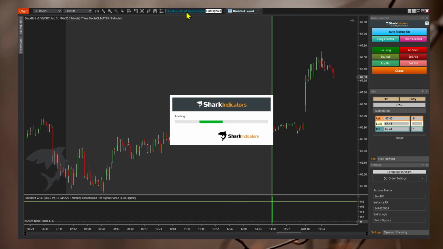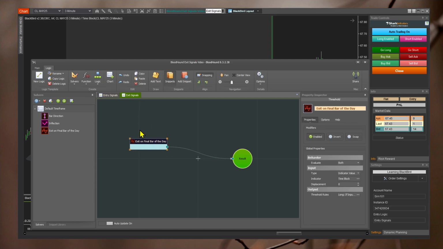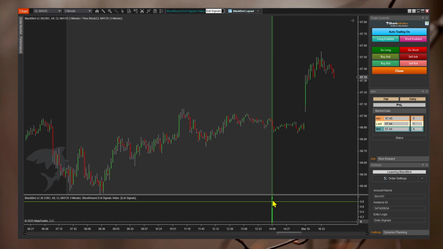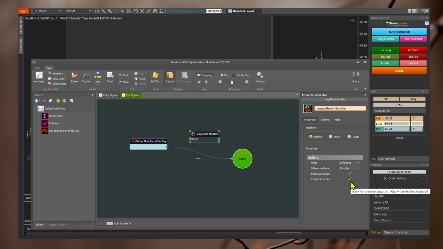So we can go modify our exit signal rule and say, you know what? I need to produce both long and short on the same bar at the same time. So that way it doesn't care the direction, it's just going to get out. So to do that, universally, we can add a long short modifier. And we've got to set the mode to difference. Now, we're not going to talk about why that works. There are other videos that talk about that. But just trust me that whatever logic you run through the long short modifier with difference as the mode,